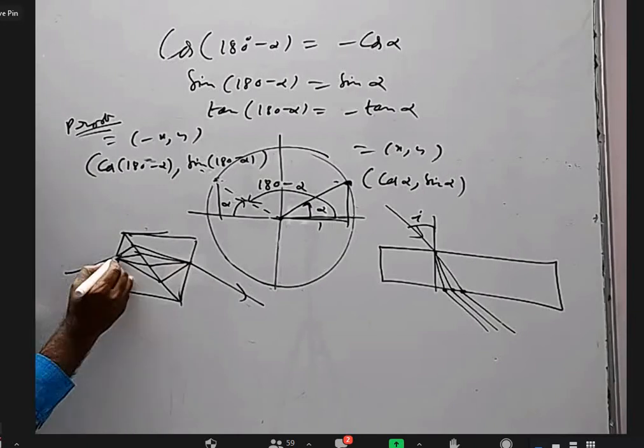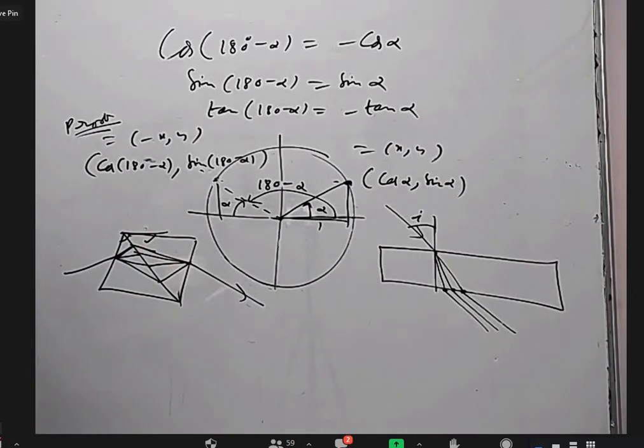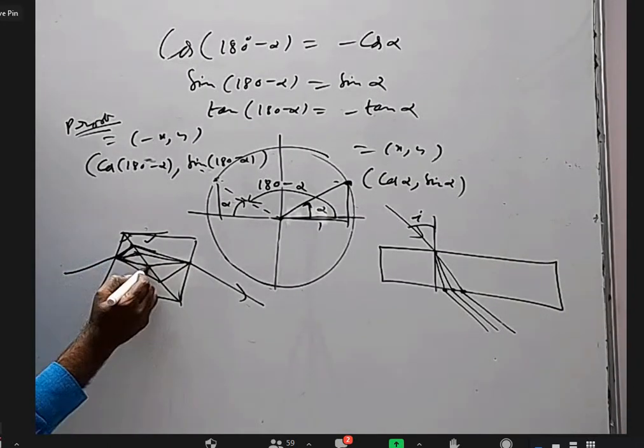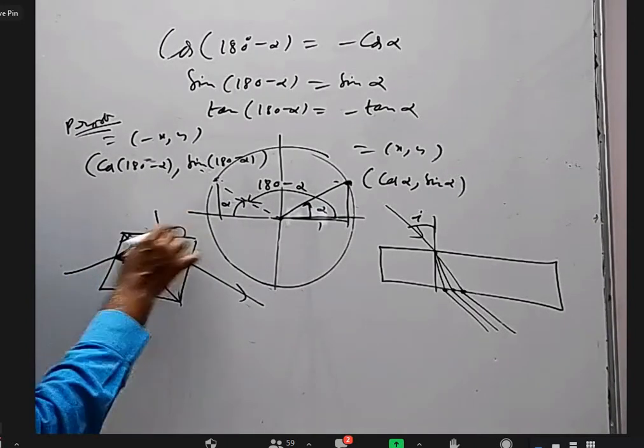You know why? Why does this light ray bend? This and this are the same medium now. It should not bend. They have the same refractive indices. If you take the same prism with the same glass material, why is this light ray bending like this? Because there is no change of the mu, it should not bend. So this figure is wrong.